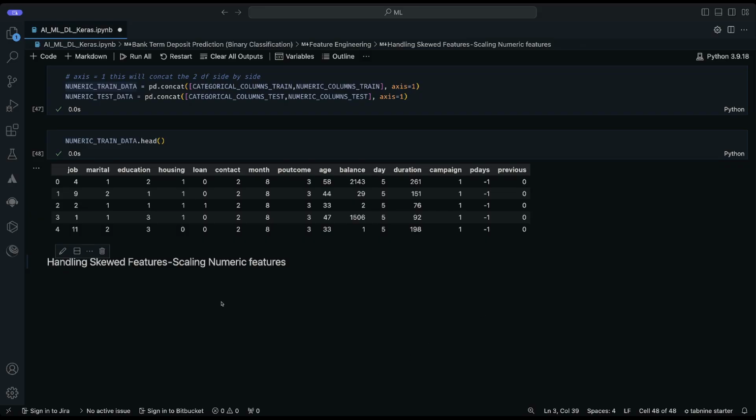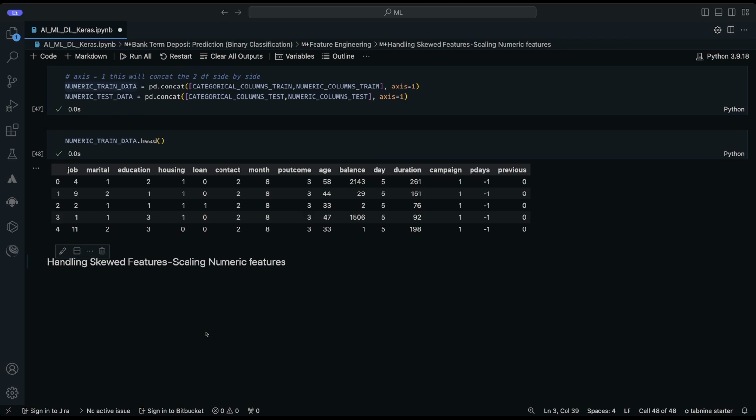All right. So in this section, we are going to look at how we can handle skewed data. Skewed data is basically when our data set has outliers, like what I've mentioned, and they can negatively impact the performance of our learning models. So scaling the features can actually help us in handling such cases, by transforming the data to a standardized range, which reduces the impact of extreme values and makes our model